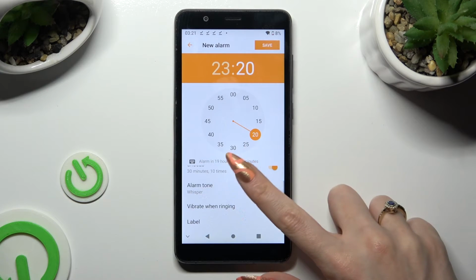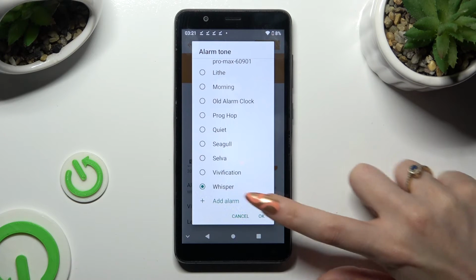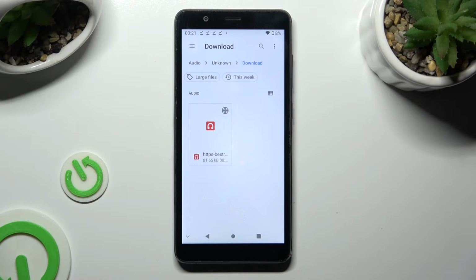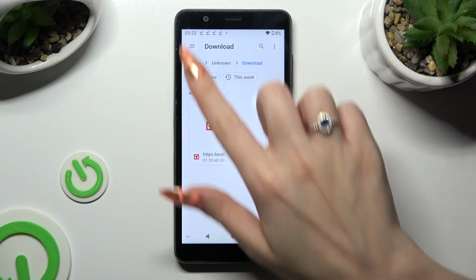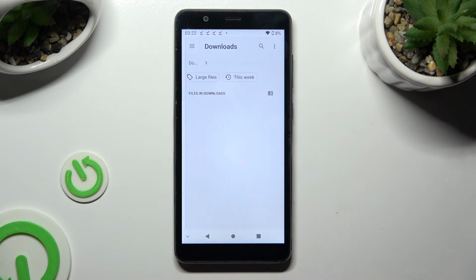You can also scroll all the way down, click on Add Alarm, and pick a song from your device. In order to locate it, tap on those three lines at the top left corner. Select one of the available sources,